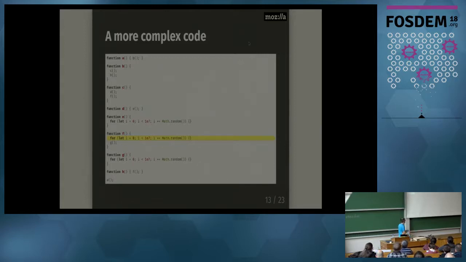So, more complex code now. Don't pay attention to the highlighted line yet. It will be for later. It's just more function calls, more functions. What's especially interesting here is that the function F is called in two different places. It's called in C at the top. It's also called in H at the bottom. And F itself calls G. F and G both have very expensive loops, and E as well. So the goal is to show you what happens when you call the same functions in different ways,